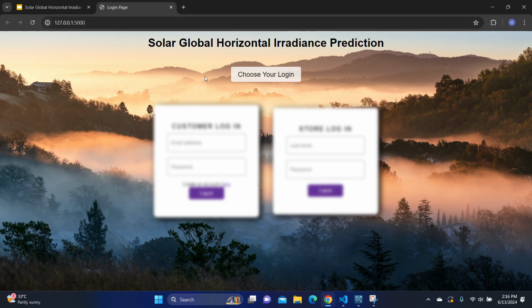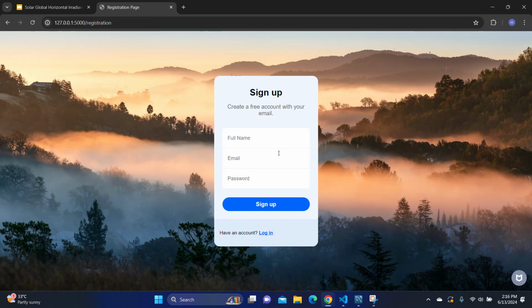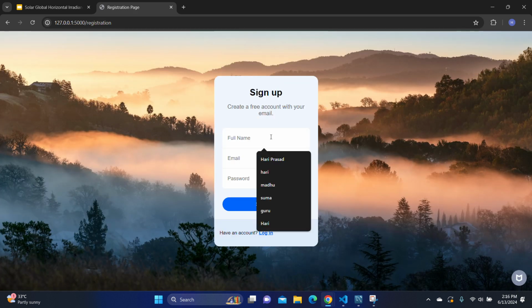This is the home page of our project. Initially the customer login has to be done, then the store login. For the customer login we have to register first. Clicking on the register here, by giving the basic details like full name,